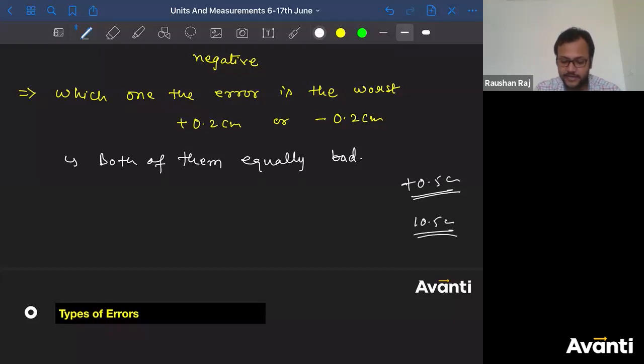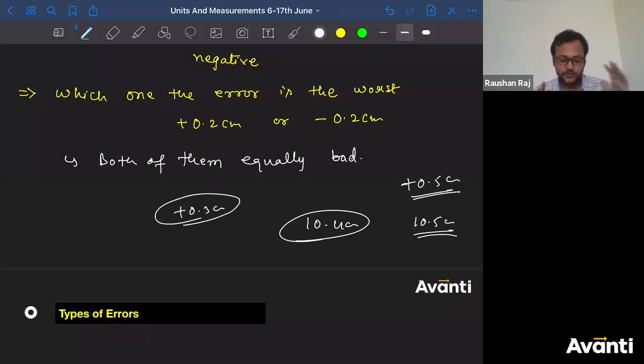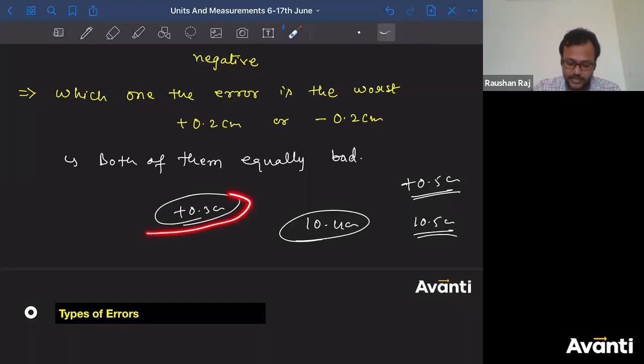So when you sell that particular rod to anybody, if you don't say the error is plus or minus 0.5 centimeter, there might be some customer who will get the length as 10.4 centimeter. And you have quoted that this particular rod will have a maximum error of 0.3 centimeter. Just to make your product look better, you told that the error in the length will be only plus or minus 0.3 centimeter. So according to you, the length of the rod must not exceed 10.3 centimeter, right? So the customer will think, okay, now this rod cannot go beyond 10.3 centimeter.